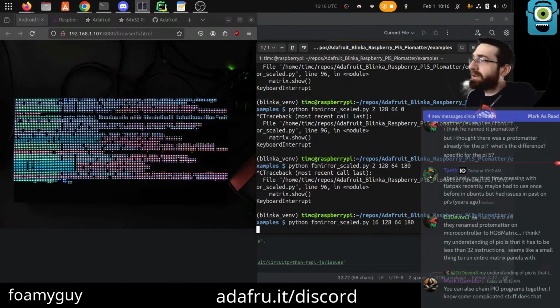I kind of know the general idea of it: on the Raspberry Pi Pico and some of the newer ones, it's a way to offload logic into some state machine thingies. That's kind of all I really know about it. And it runs really fast. So the number of instructions or how to make it do the panels, that part I don't know. You'd have to dig in the library here.